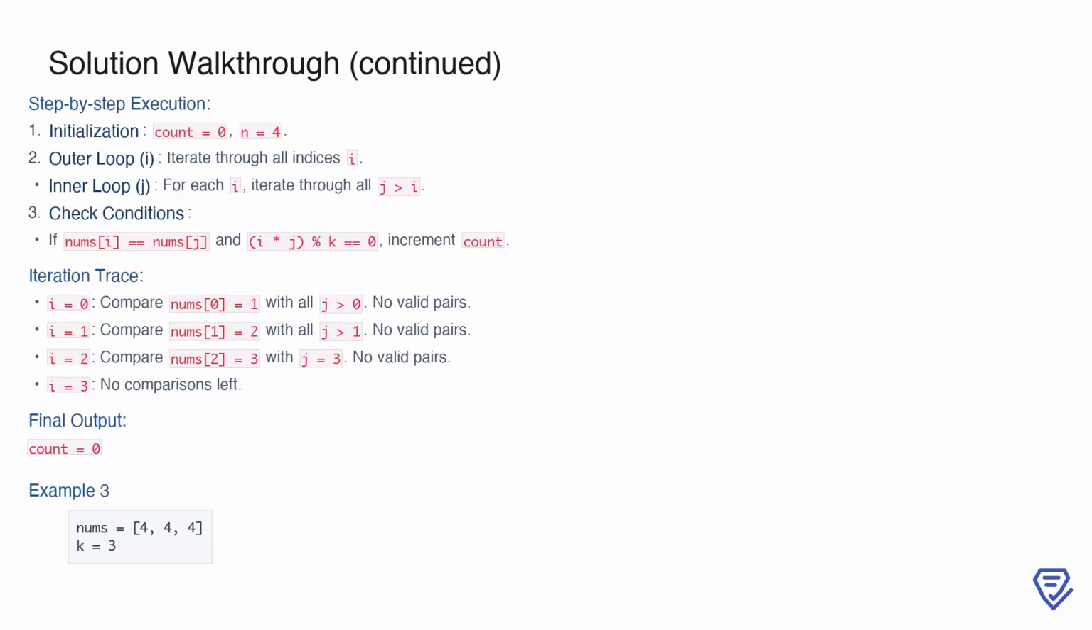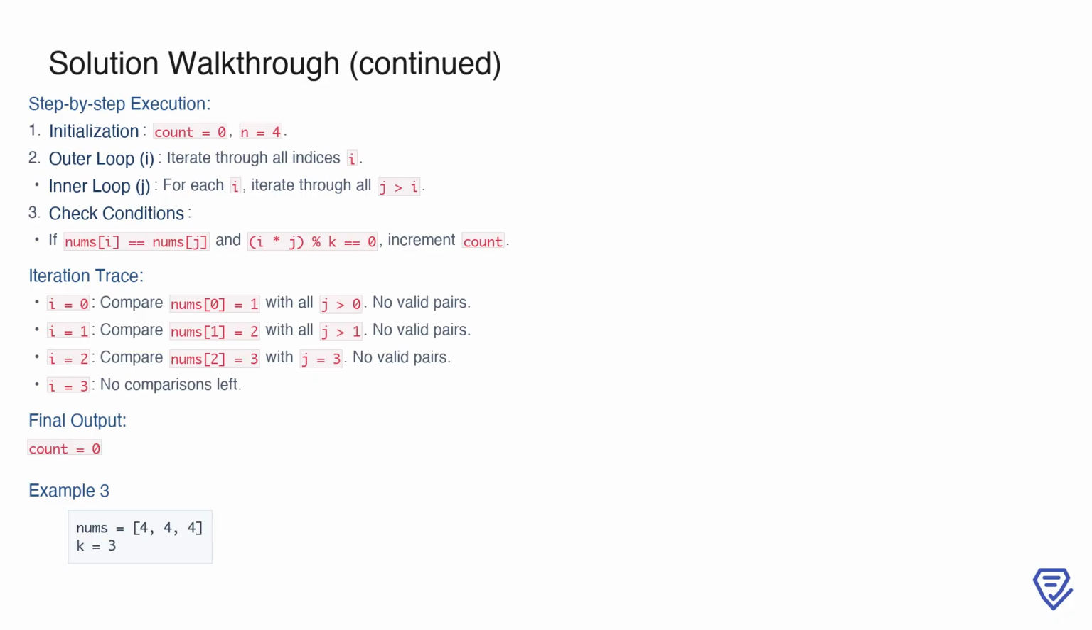In the second example, we use the input nums equals [1, 2, 3, 4], and k equals 1. The initialization is the same, count is set to 0, and we iterate through the indices using nested loops. With k equals 1, the second condition, i * j % k equals 0, is always true since any number modulo 1 is 0. However, we also need nums[i] to equal nums[j], and in this array, all elements are